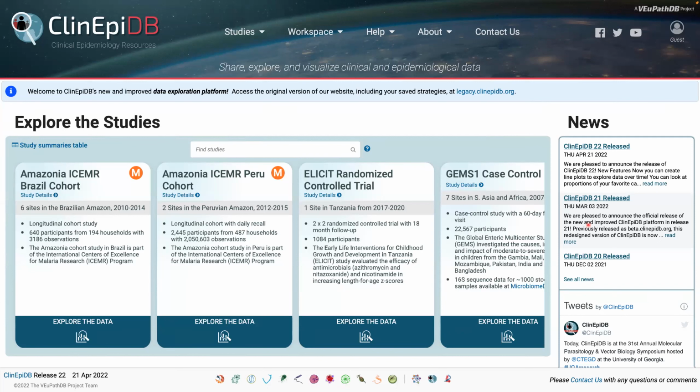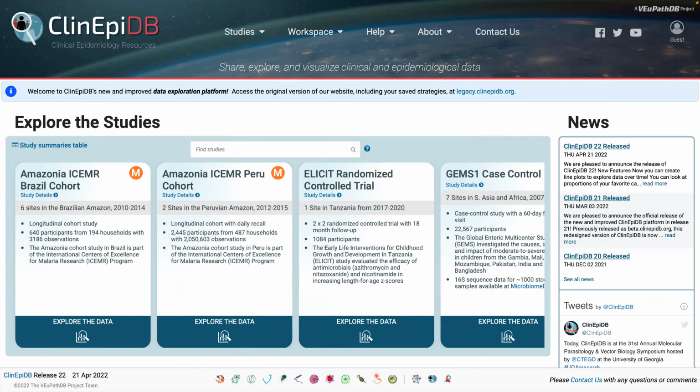As everyone on this call is aware, using a platform presentation for representation of a dynamic web resource is a little bit silly, and we urge all of you to explore the ClinEpiDB resource on your own. I've neglected to mention that while many of these resources that I've indicated by the symbols down below are very heavily used, as the usage statistics moments ago will indicate,